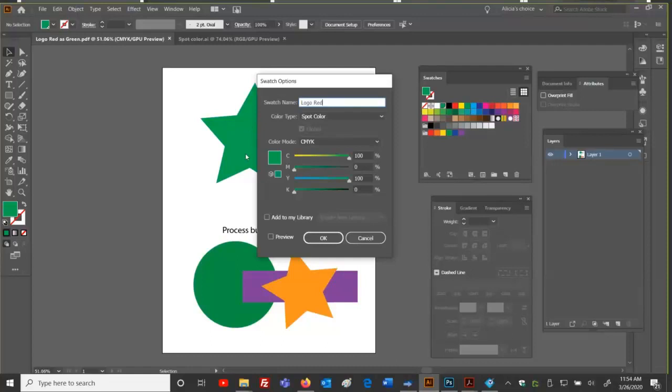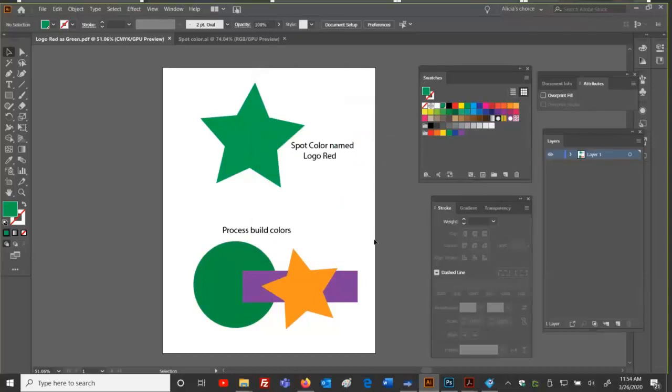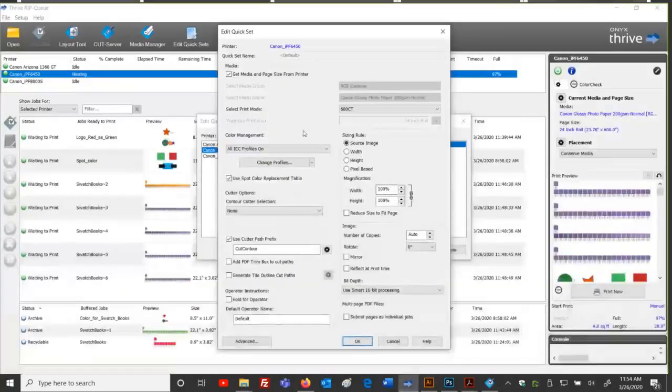But just to say, that's all your decisions in the desktop area, how you want to handle things. But just keep in mind, this information is dependent upon that name that's there, the spot color name. We've got our spot color replacement table on. That's important. When that's on, it's going to be active through our color matching table menu.